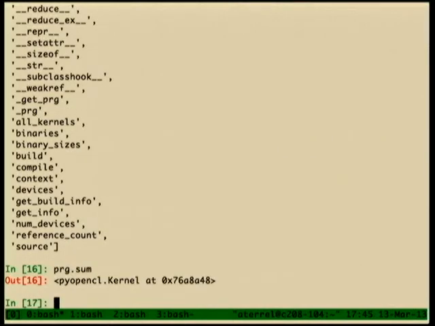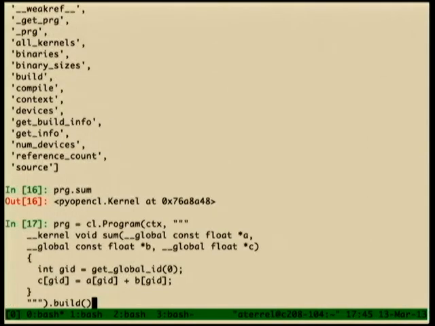So we named that guy sum. In OpenCL you put in kernel instead of global, but it's still the same thing. You say void, and so that sum is the name of our program. Global tells us that we're going to get this data from global memory, and you put const in here as well. So from global memory, we're going to access this buffer A, and buffer B and